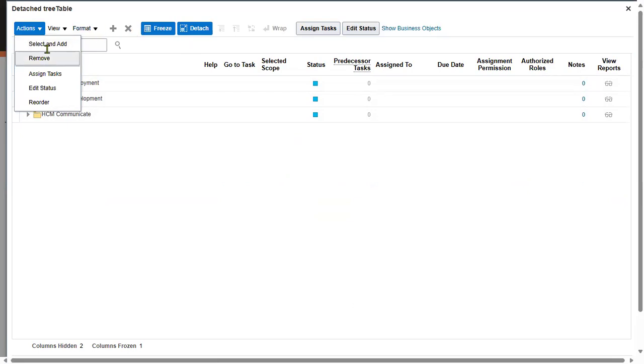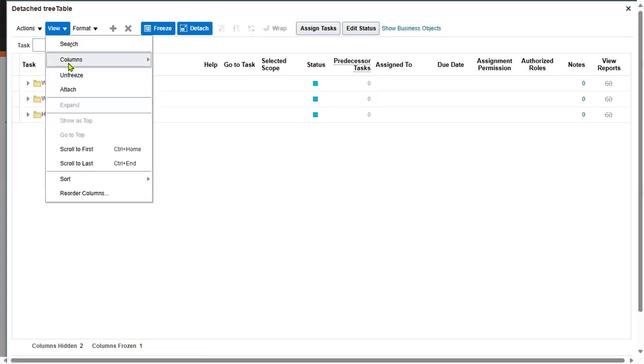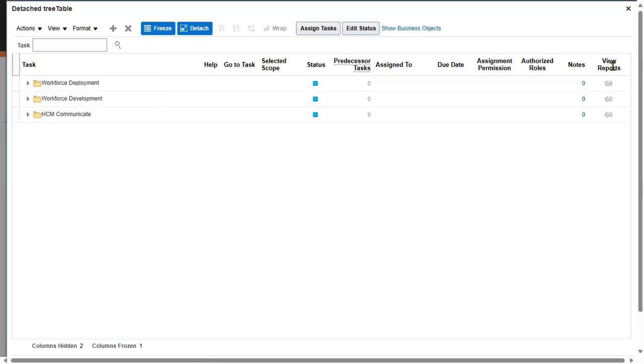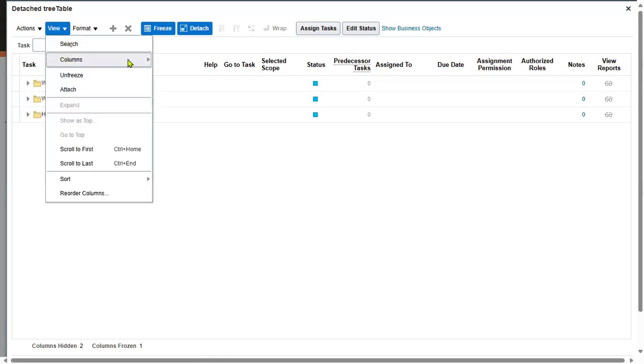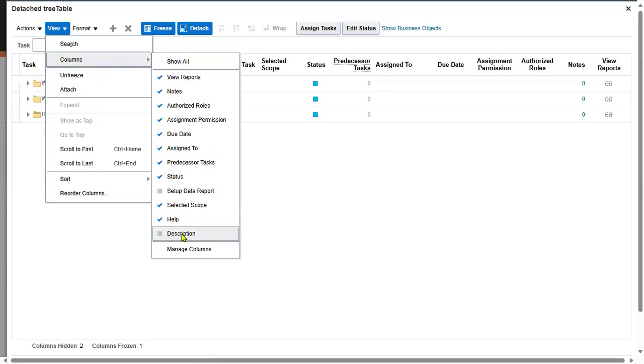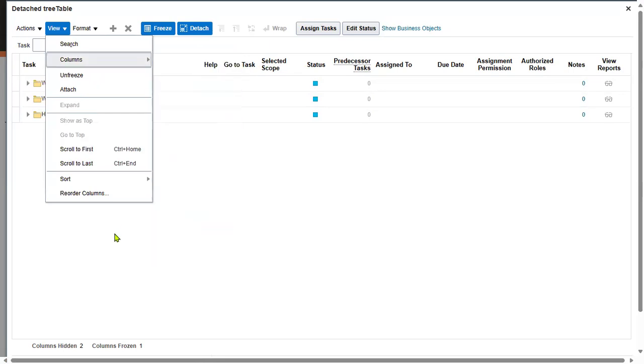The same options will be here: remove, select, add, assign task, edit, status, record. These are all the tools available. And View. In columns, you have many columns here. You can add many columns this way. Show all. If you want to hide something, you can hide it by disabling the checkbox. So this way, we have